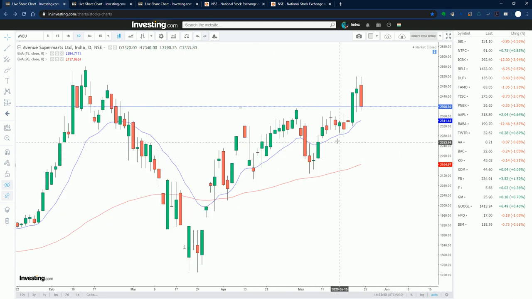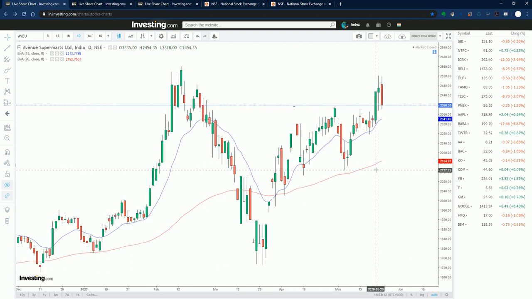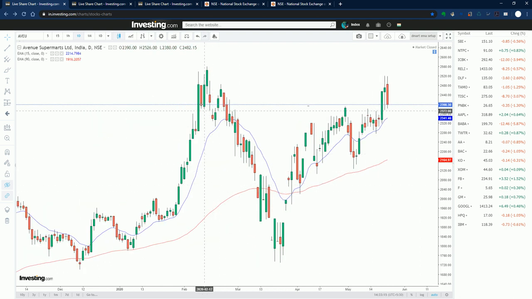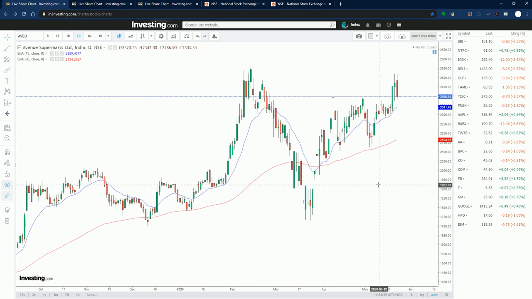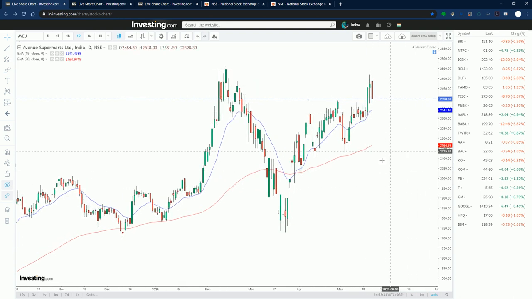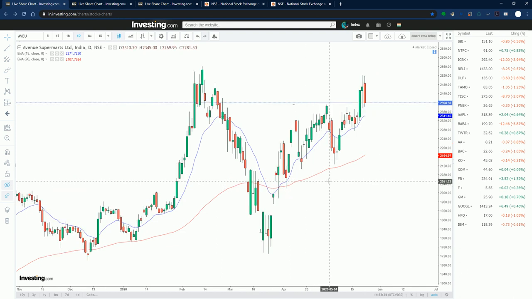Right now the price is trading above the 15 EMA, so that is showing a bullish trend of this stock, and it is also above the 100 EMA. So overall this stock is bullish right now, and it forms almost a double top kind of pattern. We can see this is one top and here another top. Whether it will continue this pattern, whether it will move up or not, we will conclude in the other setups, but this setup confirms that it is in an uptrend.